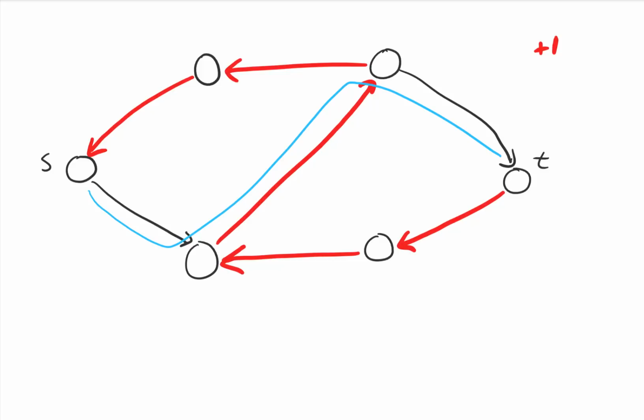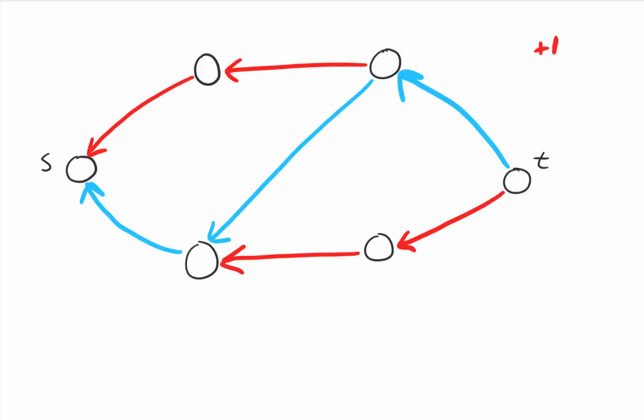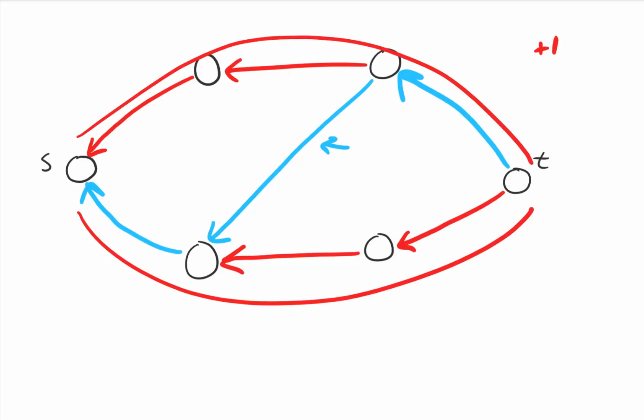The first thing I'm going to do is remove all of the edges along this path and reverse them as well. And so I get something like this. And if you notice, this edge is once again in its original direction, it flipped. And so you can see that the two paths that we care about are this path and this path.